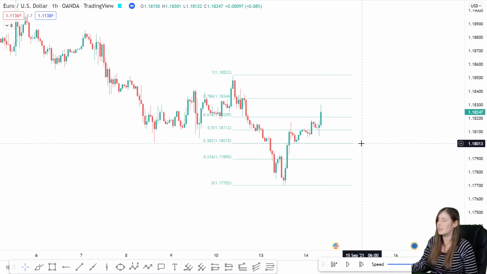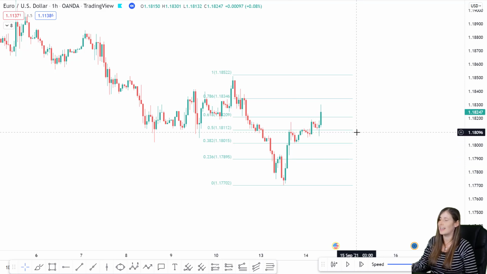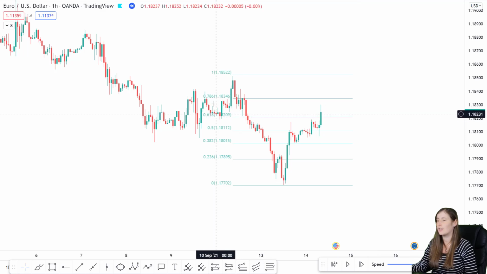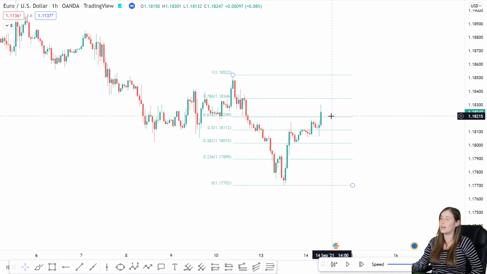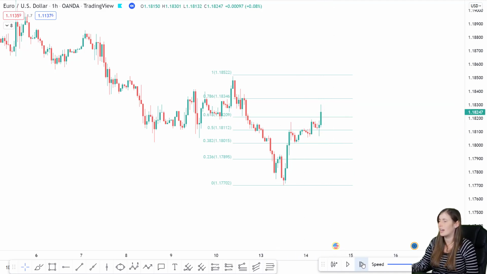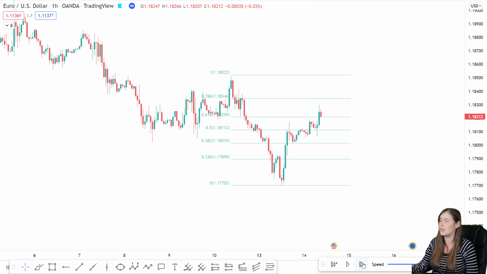They represent percentages of this move. Now different people tend to use different percentages as their reference for a pullback, depending on what your strategy is, depending on how you've back tested and proven that strategy. The most common ones are the 0.618 level and the 0.786 level. So in this instance here, we could be looking at this 0.618 level as a gauge for price action. I would wait to see price move back to this level, and then wait for some sort of confirmation that